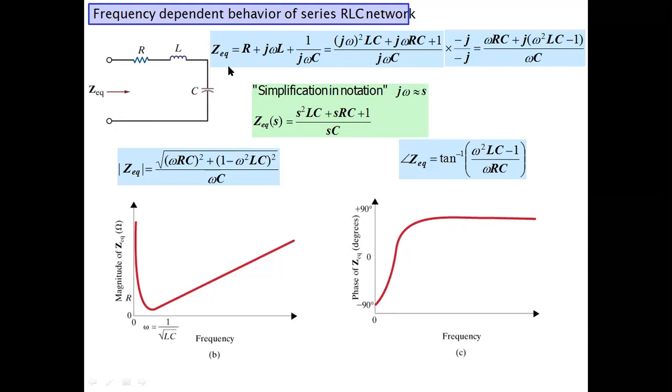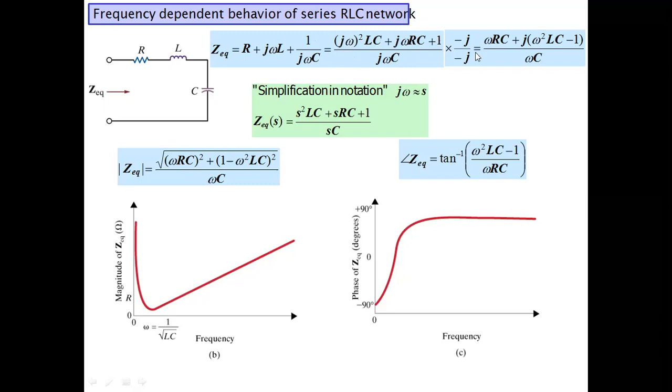So here we will get the impedance that will be equal to R plus j omega L plus 1 upon j omega C. If you solve this, how can we solve? If you are taking LCM at j omega C, you can multiply that R with j omega C. You will get j omega RC. 1 will not be multiplied by anything because you are taking LCM j omega C, so 1 into 1 you will get 1. Now if you are multiplying j omega L into j omega C, you will get j omega square into L into C. So you will get this equation.